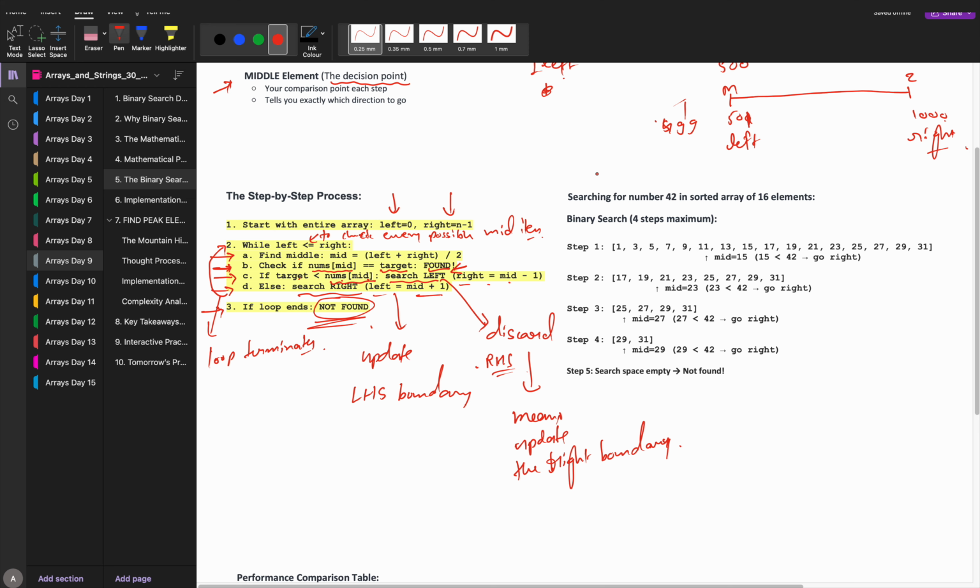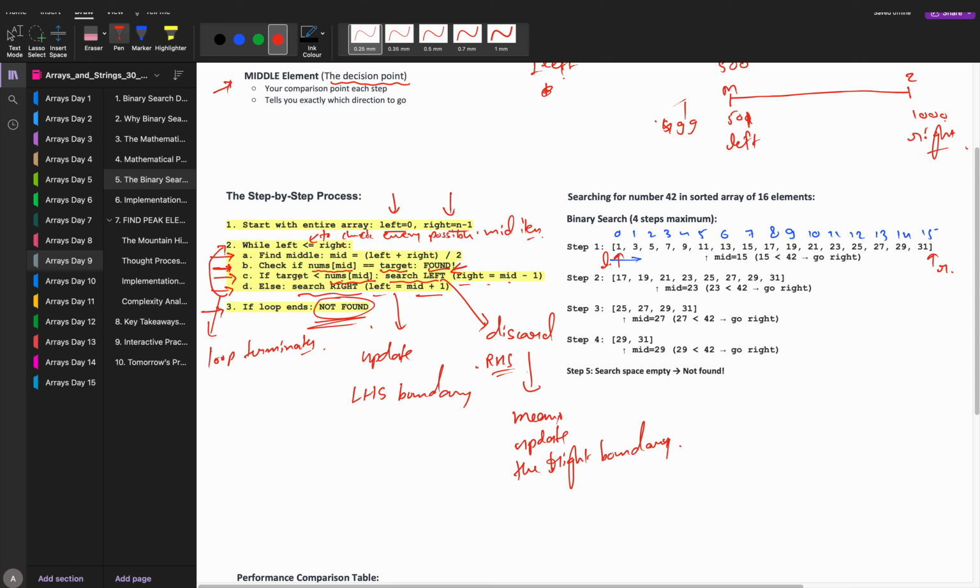We will know that. Let's try to observe it here as well. So let's say we had 16 elements in sorted order. You can see 1, 3, 5, 7. This is increasing order. Index 0, 1, 2, 3, 4, 5, 6, 7, 8, 9, 10, 11, 12, 13, 14, 15. 16 items in total, starting from the 0th index. What are we going to do first? My left pointer would be at the 0th index. My right pointer would be at the 15th index. है ना? ये हो गया. Left is 0, right is n minus 1.